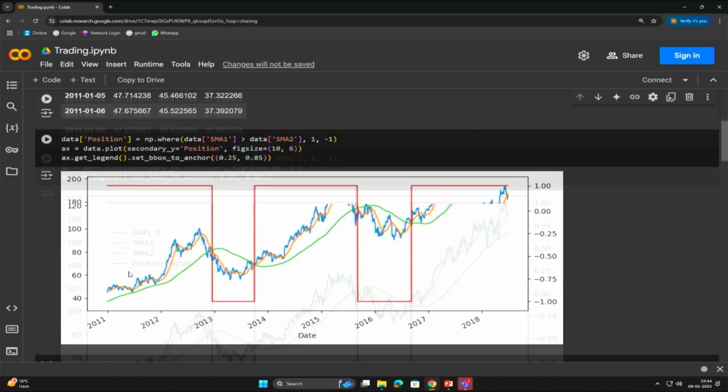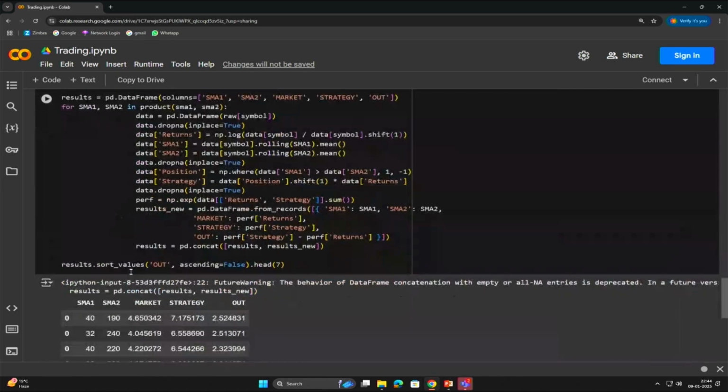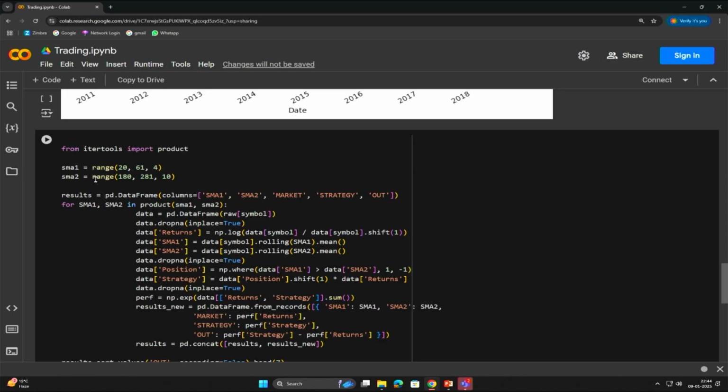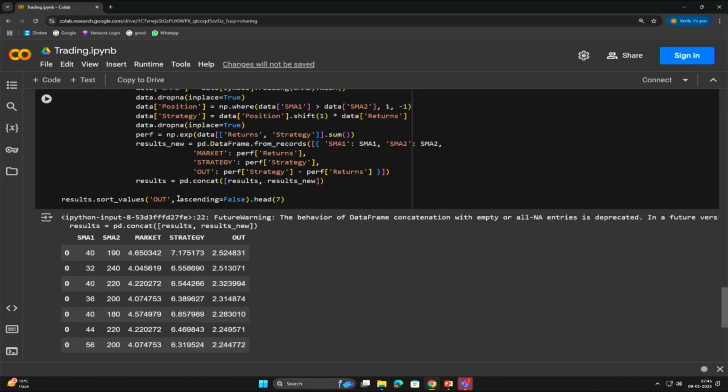So that's the first approach which is shown here. And the idea is essentially this. For both SMA1 and SMA2, the short moving average and the long moving average, I just try with a large number of values. So we go from 20 to 61, and for the long one, we go from 180 to 281. We just try with different numbers and see which one of them gives us the highest return. And if we do that,